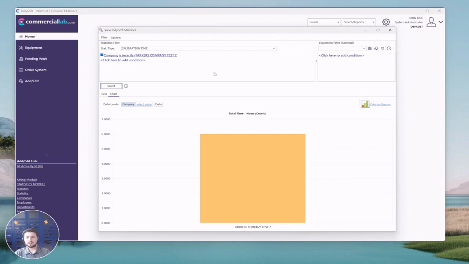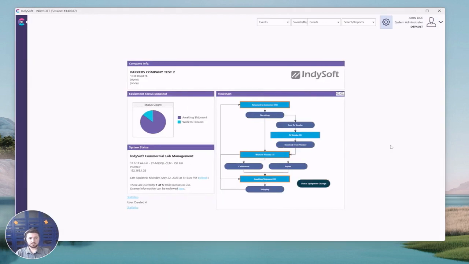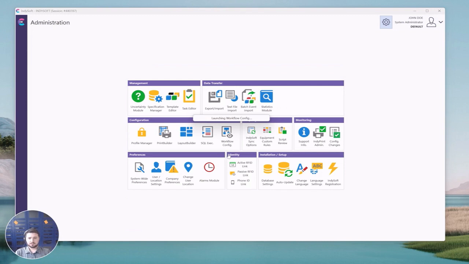Well, now let's try to do this starting at one event and finishing at a different event. So between 2 events, that turnaround time there. So what we're going to do here is I'm going to minimize statistics module, go back to workflow config, and what you'll do once workflow config pops up,